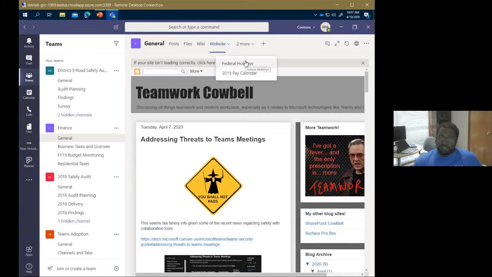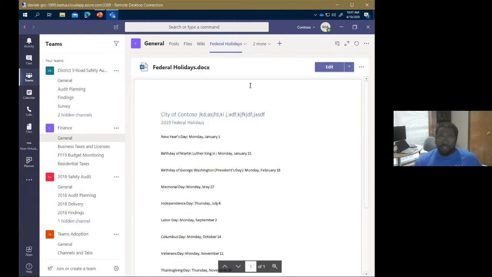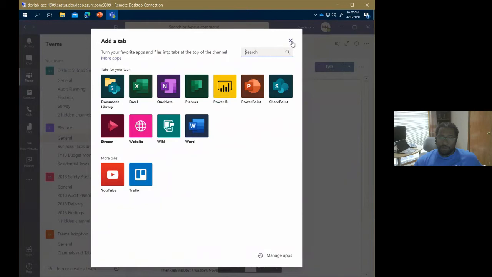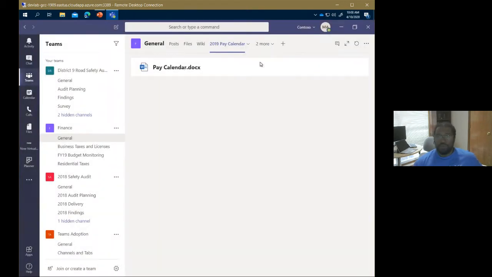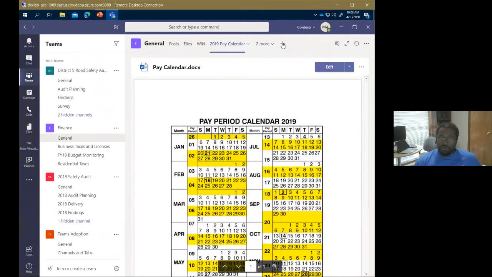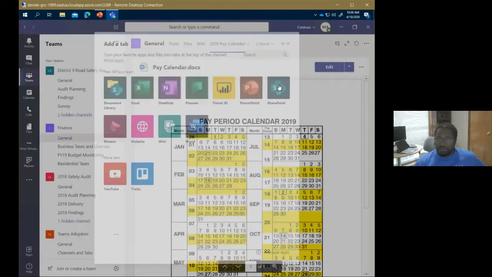You can see here in this team, they've also got tabs to Word docs. All right, so that's just the Word tab there. And I think they've got two Word docs in here, but certainly you could do Word, Excel, or PowerPoint in terms of Office files. The ones I want to point out that are also kind of interesting, Planner and Power BI are there, but I also want to point out the SharePoint tab here.